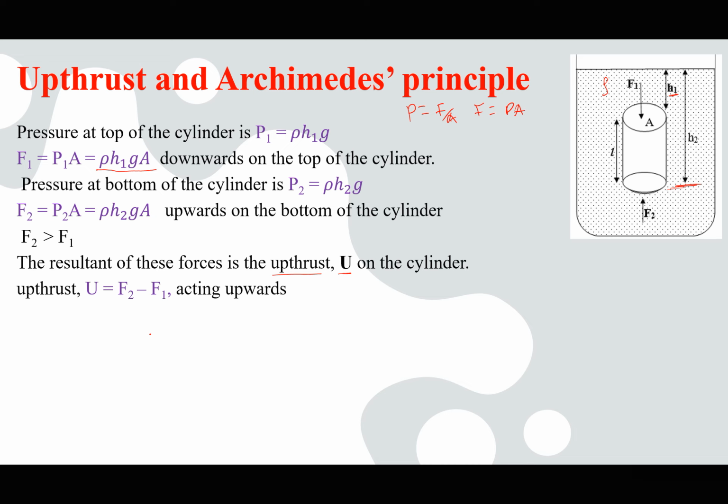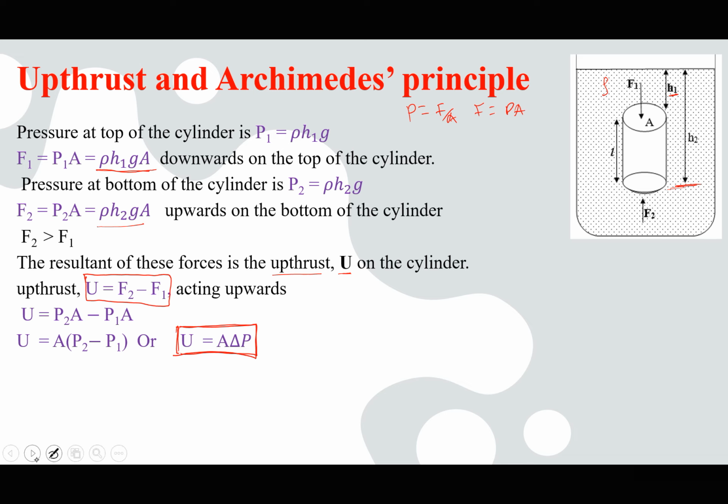If we take back the quantities, we have F1 as rho H1 gA, and F2 as rho H2 gA. So if we bring that back, it's going to be actually P2 minus P1. Of course, this is the same as cross-sectional area times difference in pressure. So sometimes we shall calculate upthrust from either the difference in the force at the bottom of the object and the top, or we shall calculate from cross-sectional area times difference in pressure, or if we go further